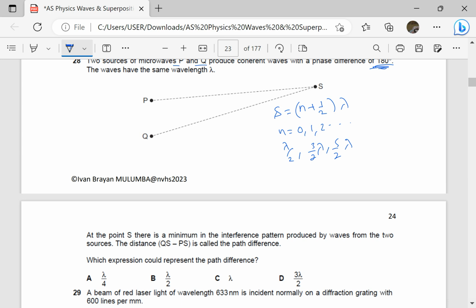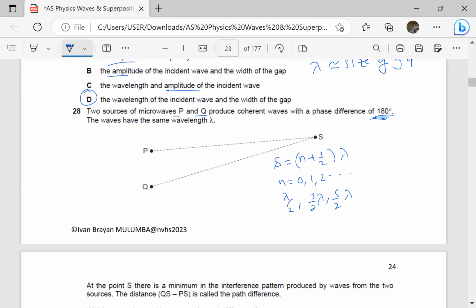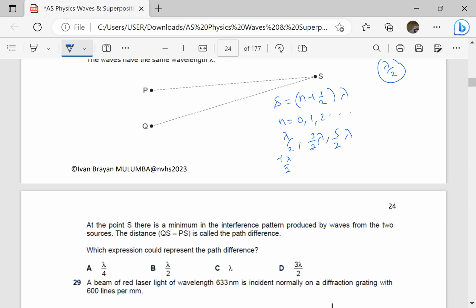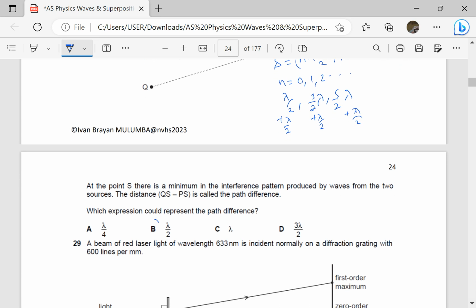So we add half a cycle on each of these, because 180 degrees corresponds to one over 2, that is half a cycle. So when I add half a cycle on this one, I get lambda. When I add half a cycle on this one, I get 2 lambda. When I add half a cycle here, I get 3 lambda. So I have to look for lambda, 2 lambda, 3 lambda, and so on. Therefore, the expression could be